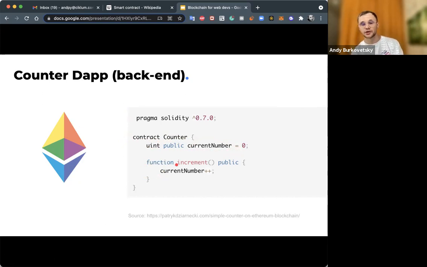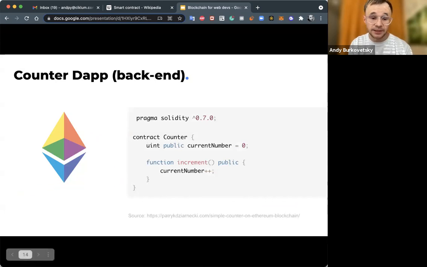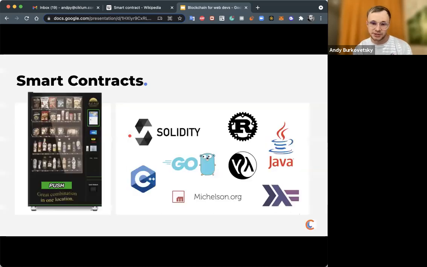And we add a function increment, which is publicly accessible. And what it does, it increments the current number. So yeah, it's from the example. What next? So is it clear? If anyone has questions, please ask them. So as you can see, this application can be written pretty easily, and there's no need to write a lot of code. But of course, it's a pretty simple application as well, just to give you an idea.